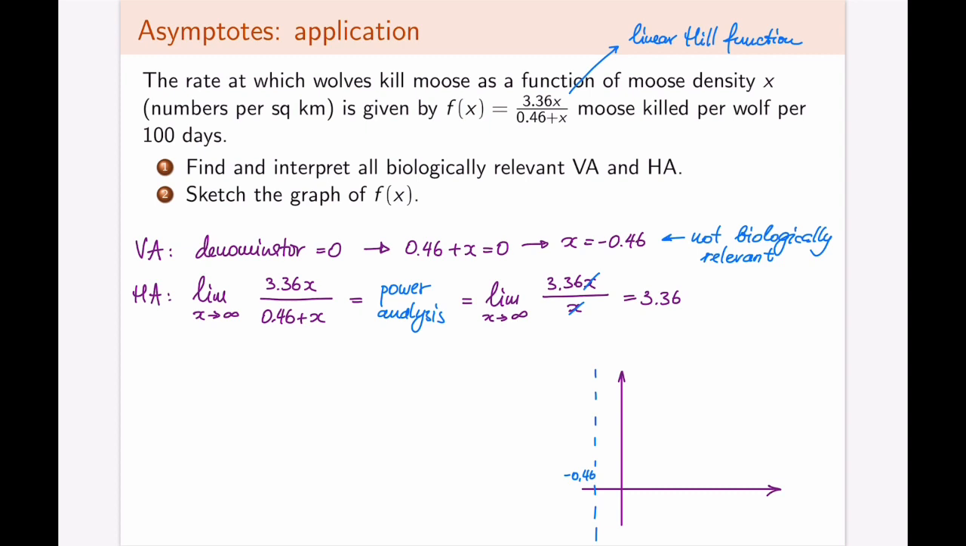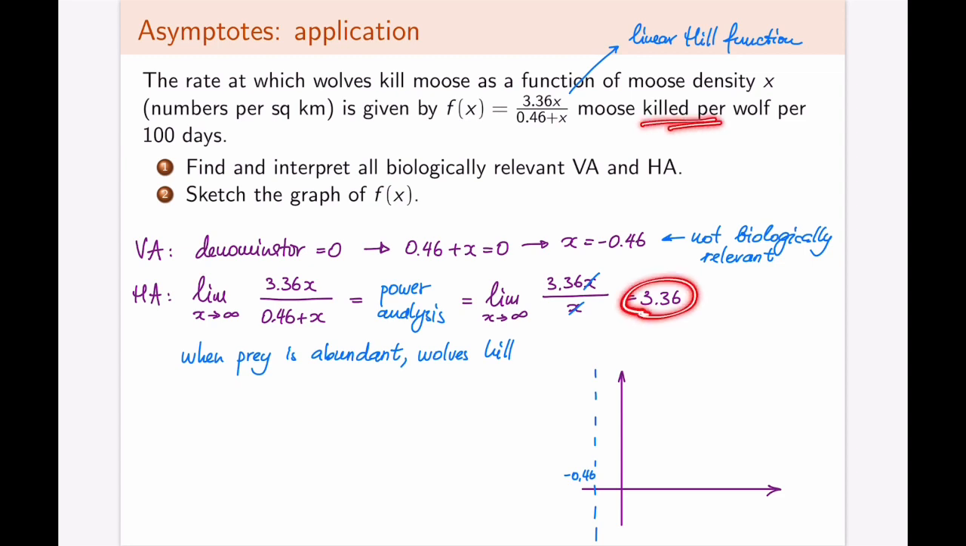What I did was I took the limit of my function, the number of moose killed per wolf per 100 days, as x, the moose density, was going towards infinity. If the moose density is going towards infinity, it means that the prey is abundant. It's of course not actually going to be infinity. It's just going to be basically present, and wolves don't have to hunt. They're just able to find the prey every time they step out of their, I was going to say house, wherever wolves live. That means when prey is abundant, wolves kill approximately